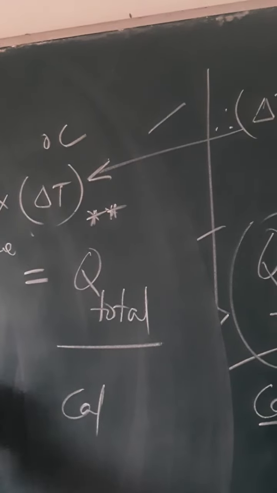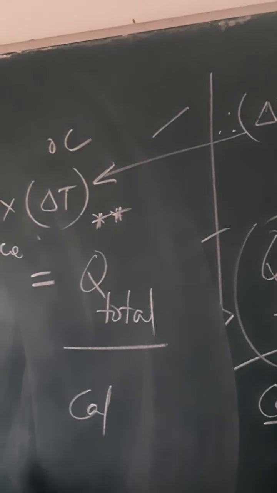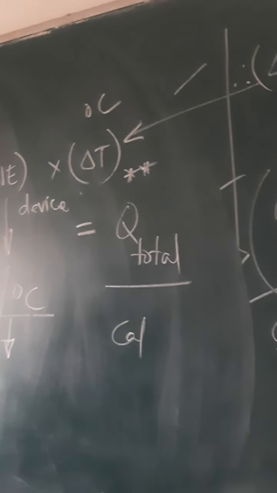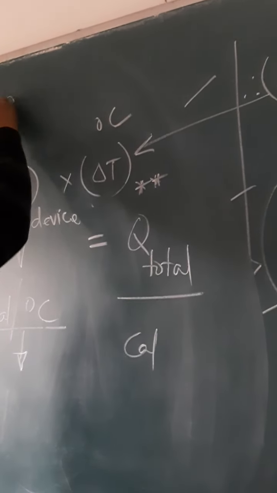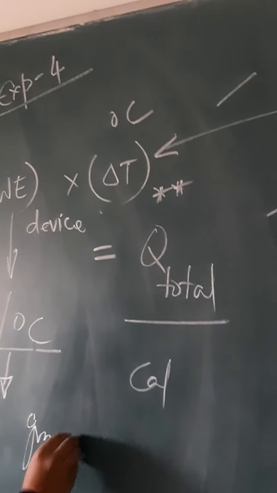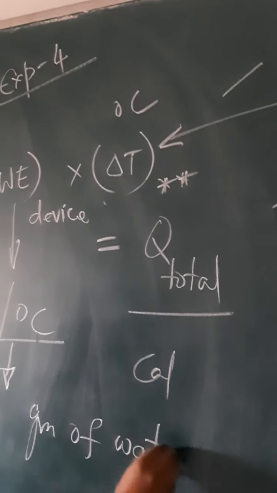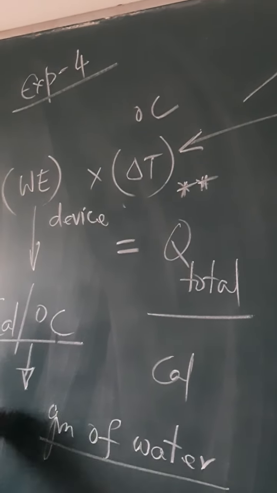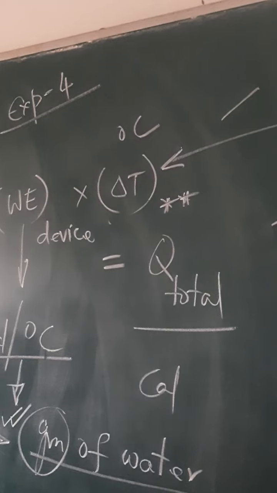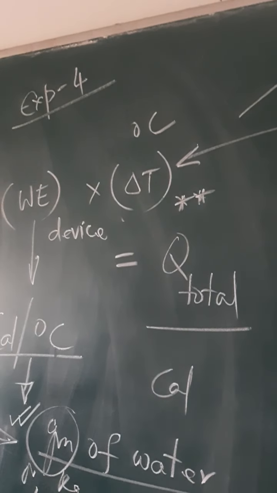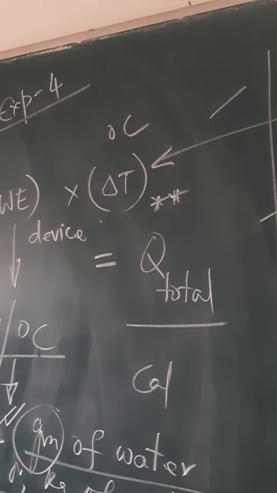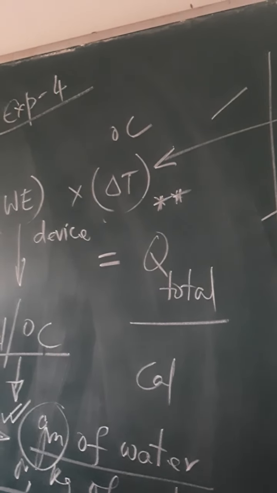Now from that, as per the second discussion of phase 2 of this experiment number 4, you already know how to convert this into equivalent gram of water or kg of water. Both have the same meaning, but it is better to express in terms of gram of water or kg of water, because water equivalence is expressed for any substance in terms of some mass of water. Okay, so that's all. Thank you.